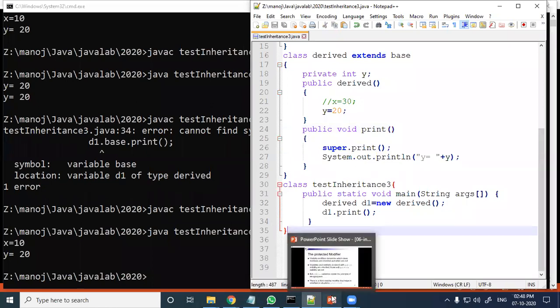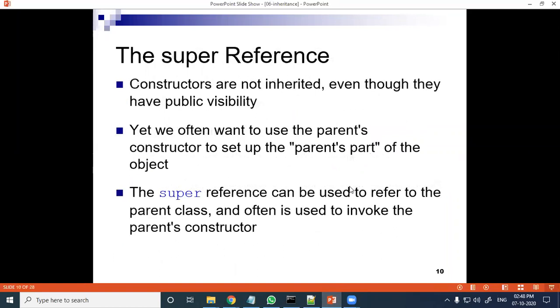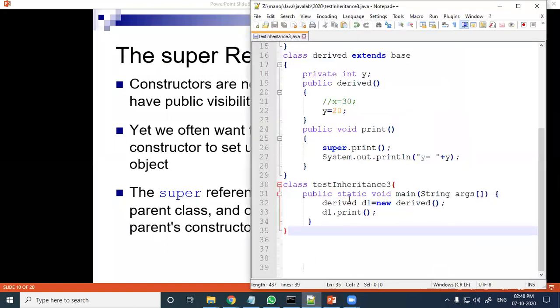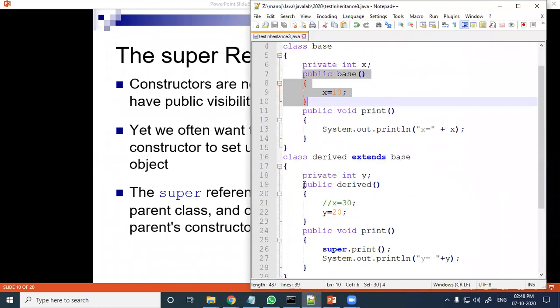Now let us come to the slide. The super reference, which we have discussed now. First point: constructors are not inherited even though they have public visibility. Here in this program, the base class constructor is there, the derived class constructor is there.